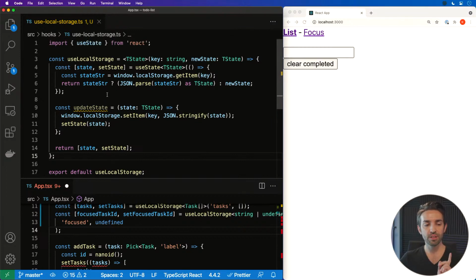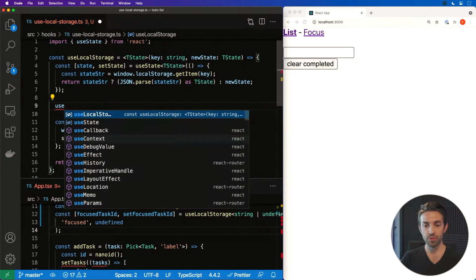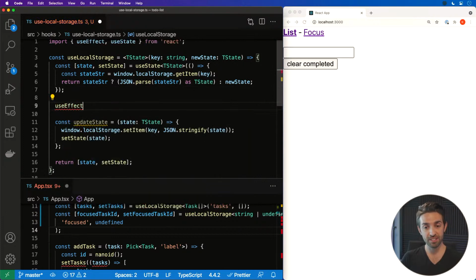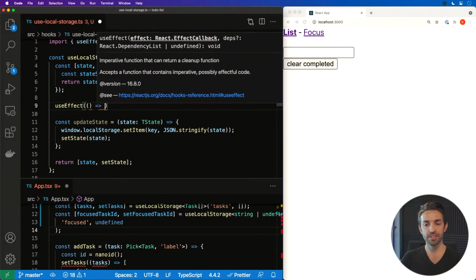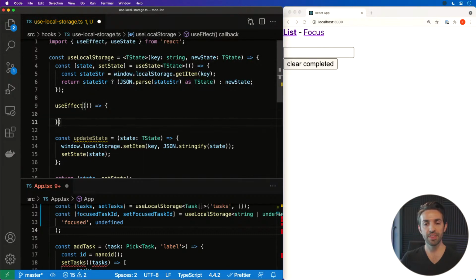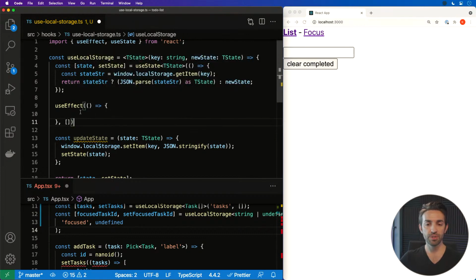Well, that sounds a lot like useEffect. And I think we can do just that. So we will useEffect, which itself accepts a function, and then an array of dependencies. So useEffect calls this function